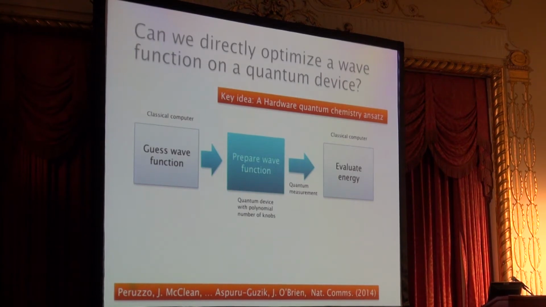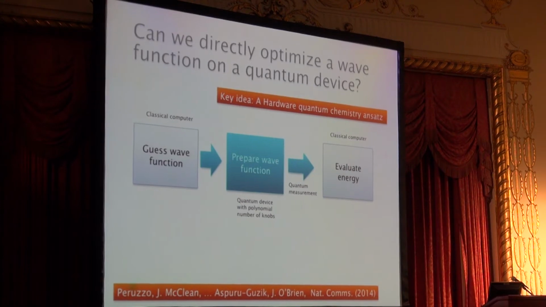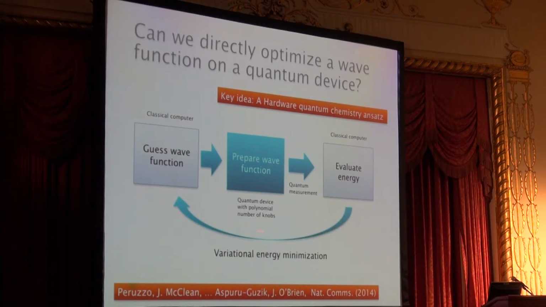In other words, the entanglement power, the state preparation power of your device is what is going to give you the wave function that you're actually going to be simulating. So you guess a wave function based on a polynomial number of parameters, and of course the ansatz that you have to use has to be powerful enough. Prepare it in the system and evaluate its energy. What do you mean by that? You interpret the measurements of the expectation values of the wave function as a Hamiltonian you design. And then vary the norms polynomially and repeat, okay?